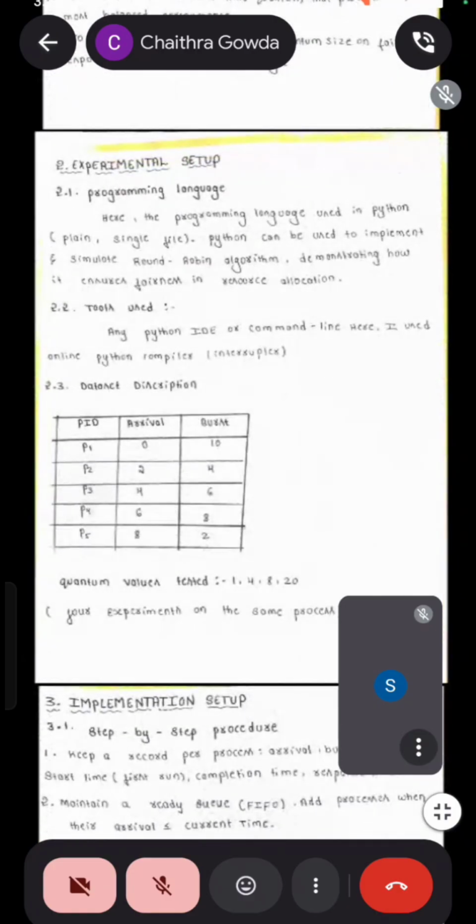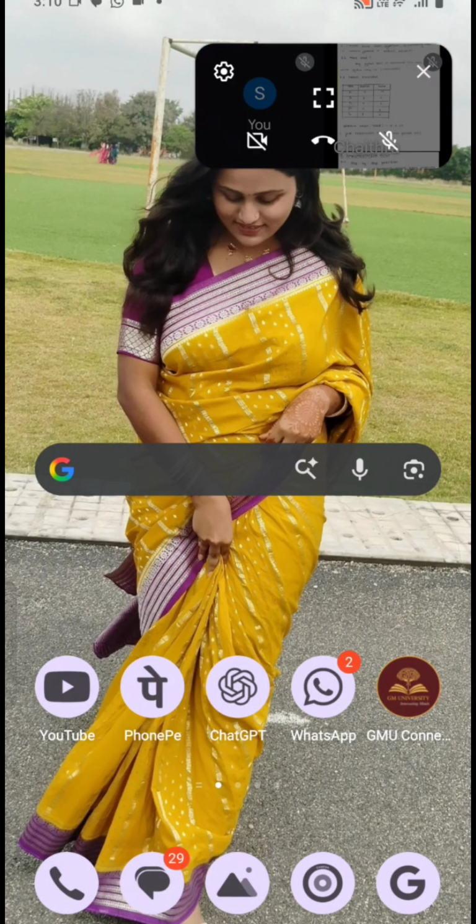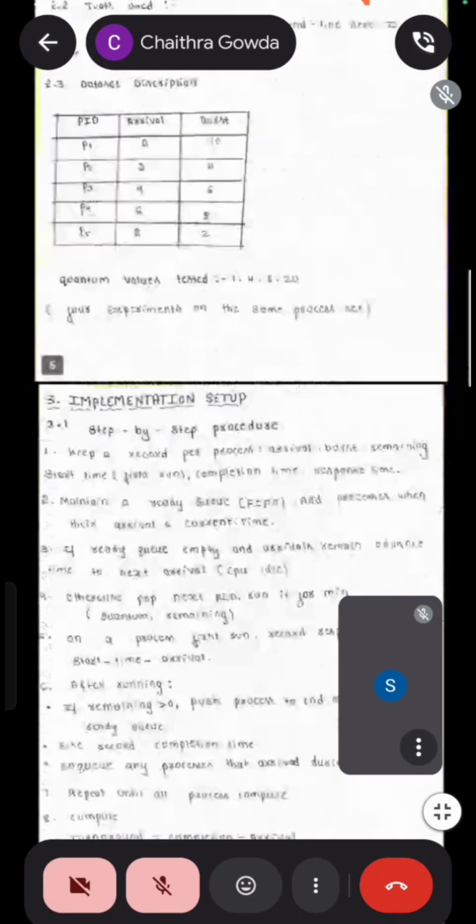Next, experimental setup. Programming language. Here, using the Python programming language in a plain single file, Python can be used to implement and simulate the round robin algorithm, demonstrating how it ensures fairness and resource allocation. Tools used: any Python IDE or command line. Here an online Python compiler is used. Dataset description, PID,